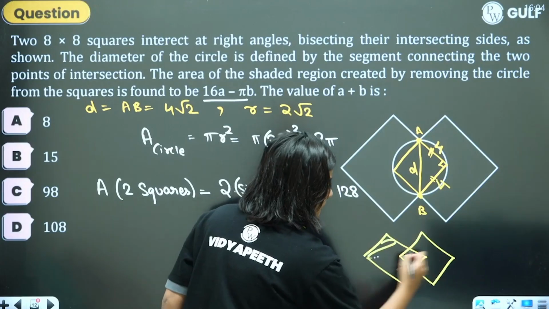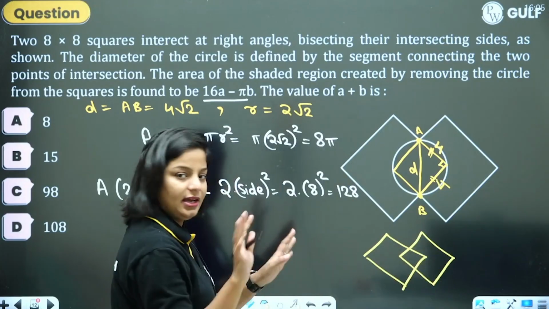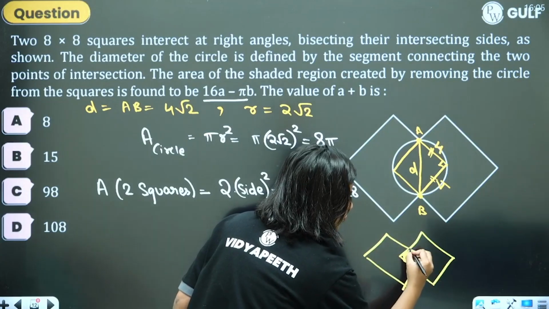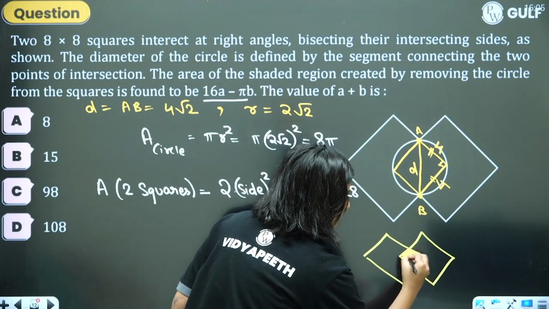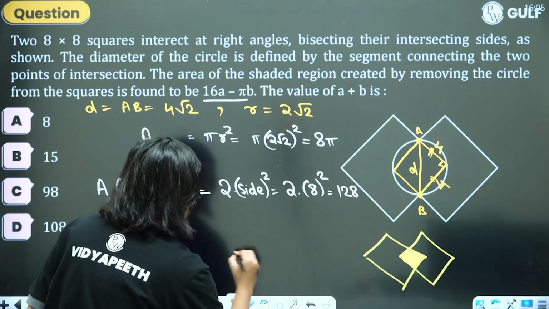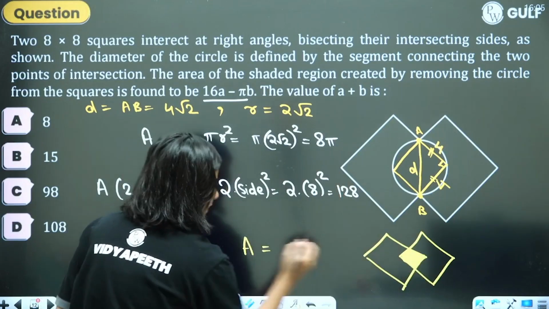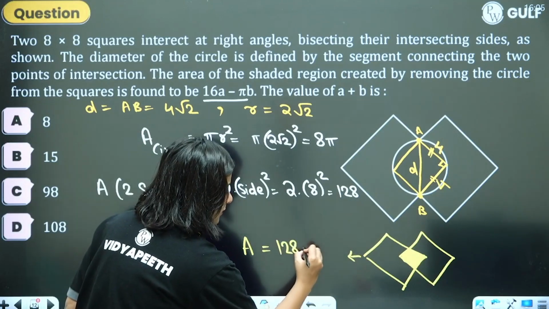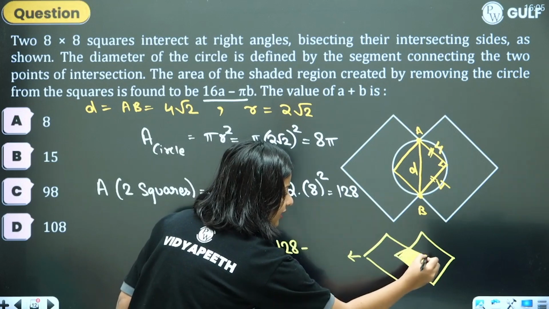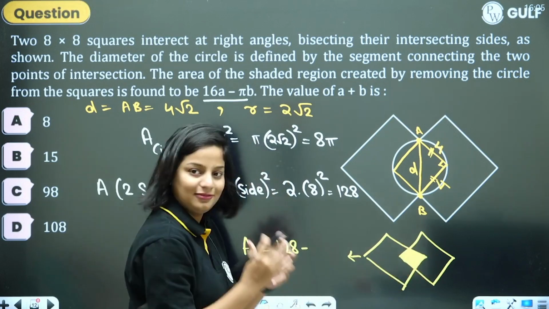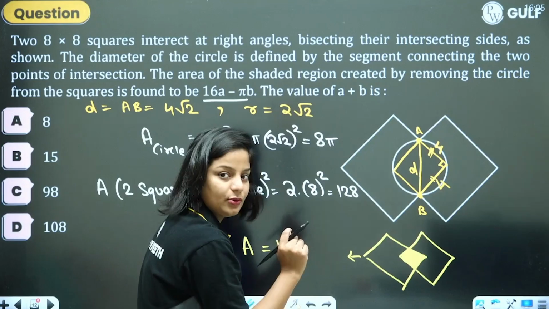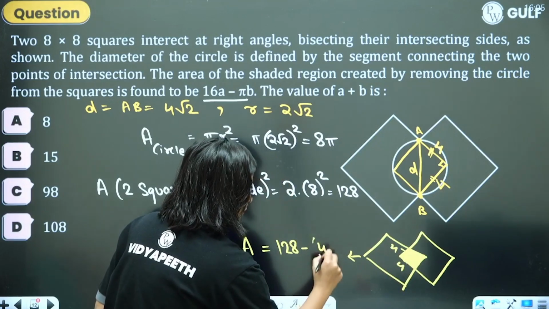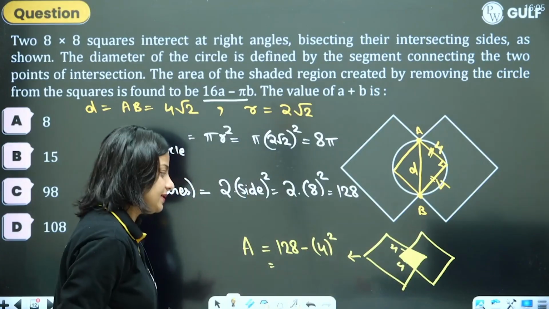Total area. Do I want the total area? No, I don't want the area of this square. This part I have to remove, right? So in this figure, the area will be 128 minus, this is again a square. Looks like a kite, but the center one is also a square with side equal to 4. Each side is 4. So 4 square. 128 minus 16 will be